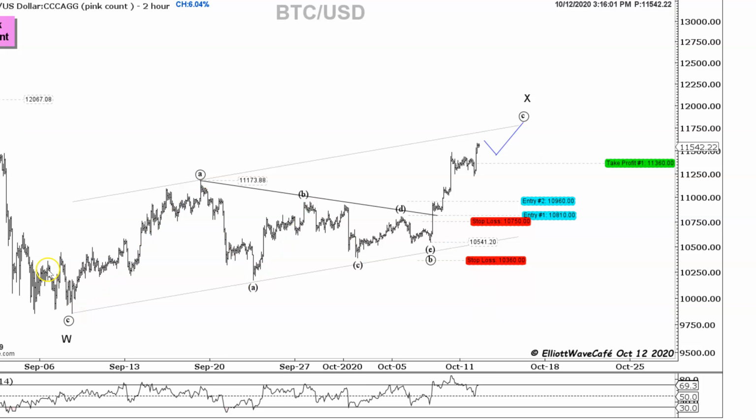I'm sorry, I'm wrong there. You have to start your count basically from here, right? So this was a wave A decline, and this was a B to the downside with the break lower. There would have been an A,